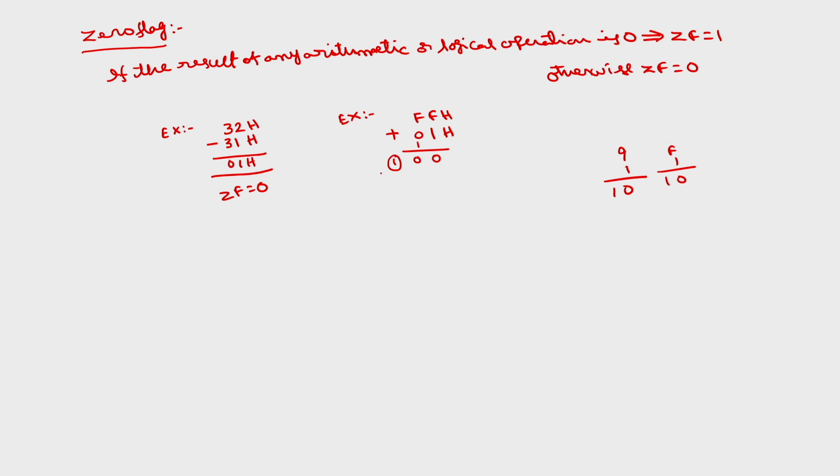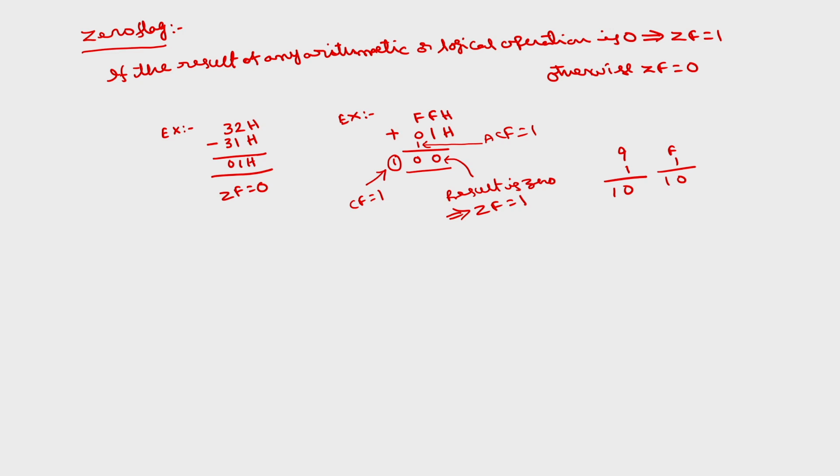So there is a carry out of this one, so the carry flag will be set, and from F plus 1 here also there is one carry from lower nibble to upper nibble. Here the auxiliary carry flag is also set, the carry flag is also set, but you have to neglect the carry. Because you are adding two 8-bit numbers, you have to see only the lower order 8 bits. The lower order 8 bits result is 0, the result of this addition is 0, implies the zero flag is set. There will be a carry, but the lower order 8-bit result is 0, so the zero flag is set.